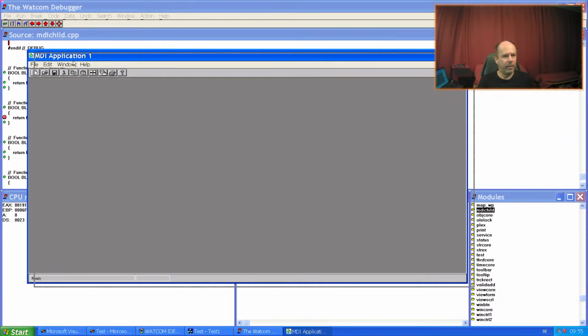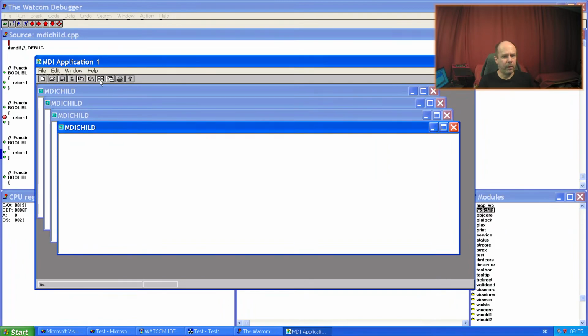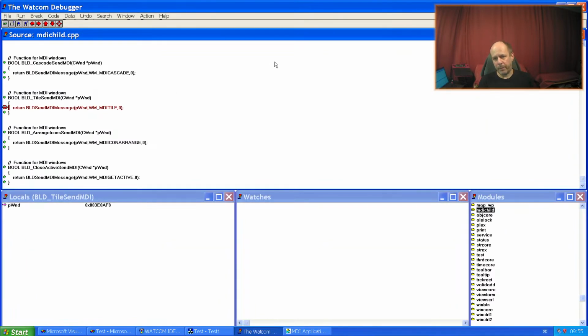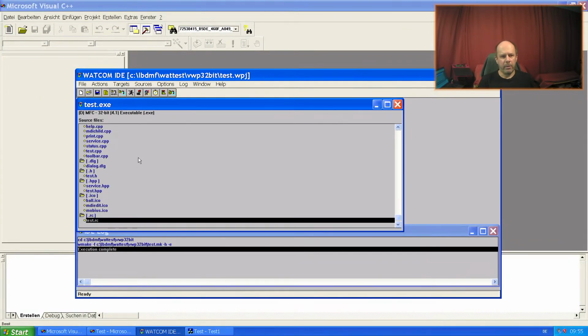Now I'm starting it. 1, 2, 3, 4. And now I am on the breakpoint. But I cannot edit the code here in the debugger. I can only edit it in a separate editor, and I cannot so simply jump between the definition of a function and the implementation of a function.